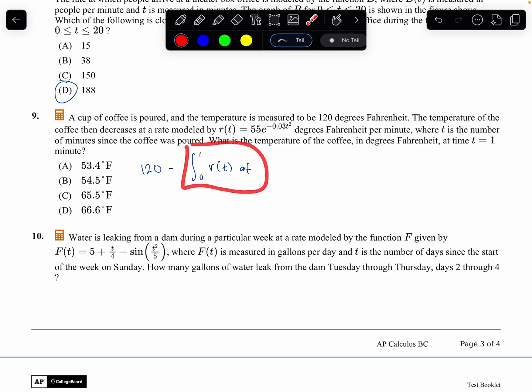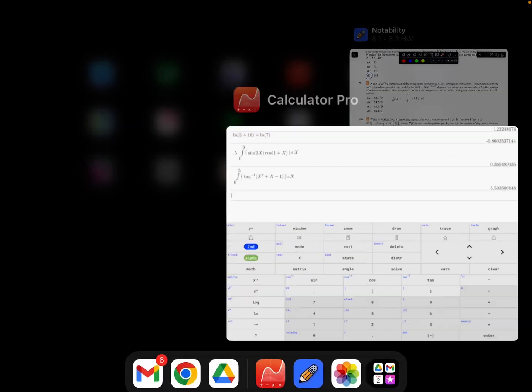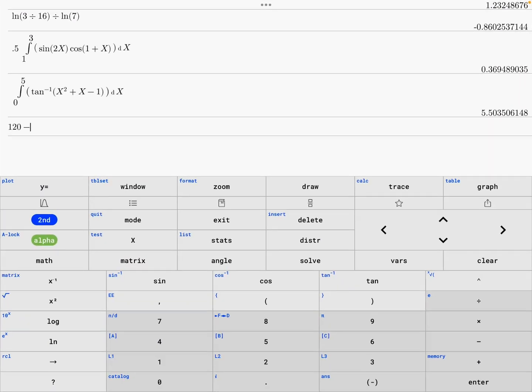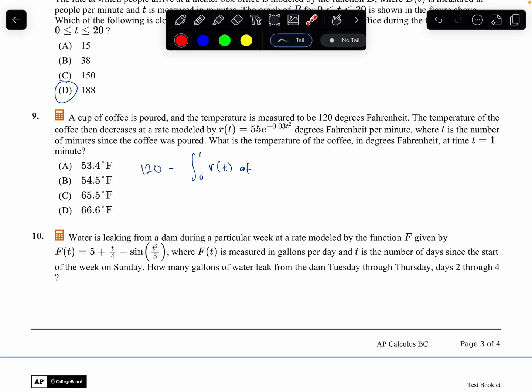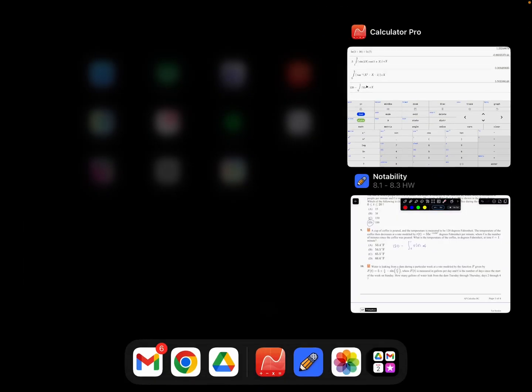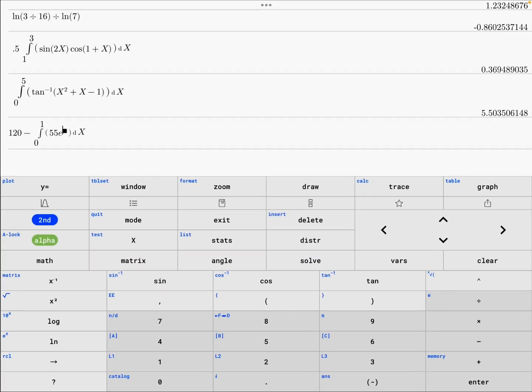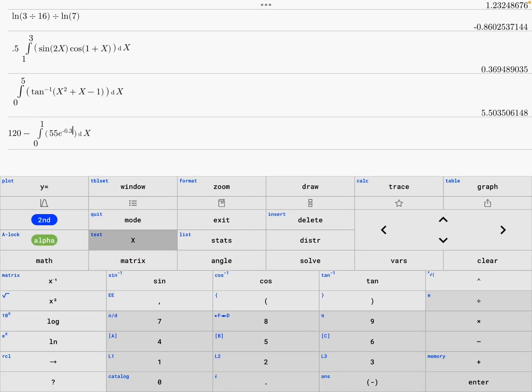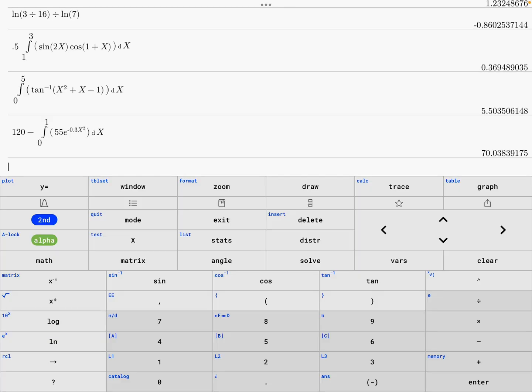So this right here, since r of t represents the rate of temperature, the integral will be equal to the change in temperature. And this was the initial. So just use a calculator. So we'll do 120 minus integral from 0 to 1, I believe it was, and the function is 55 e raised to the negative 0.0303 x squared. Enter, and I got